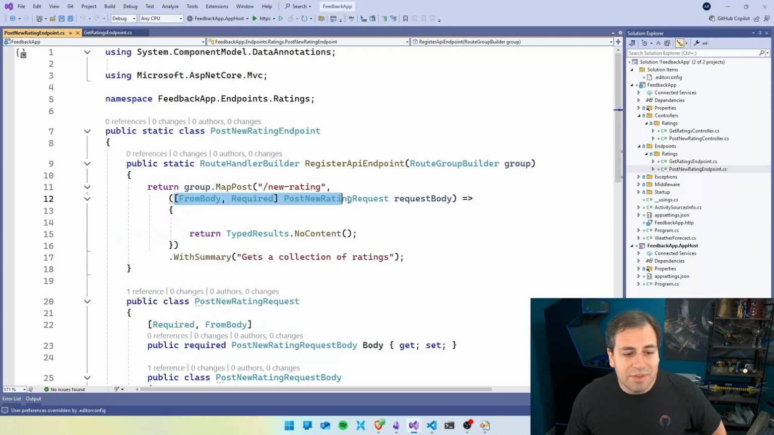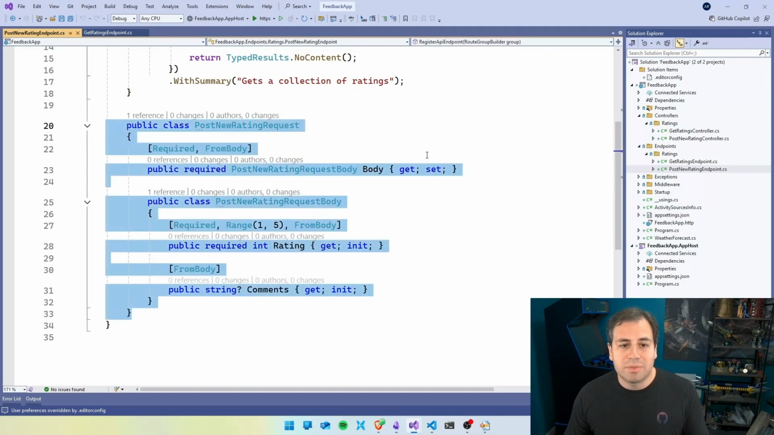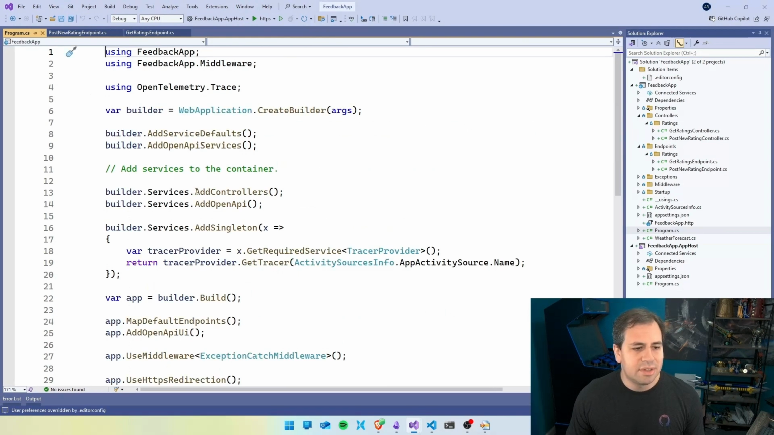We're still receiving in our body this request, right? This whole request body is the same as what we had before, so no real change there. The real change is just where the code goes and kind of how we register it, but we haven't registered anything yet. So let's go back over here to program.cs